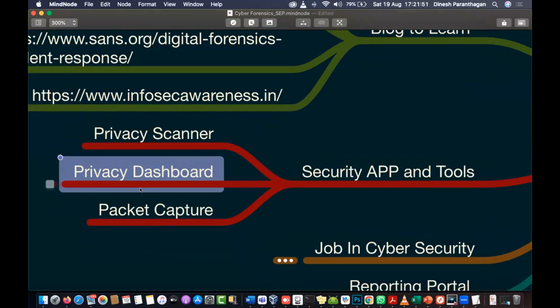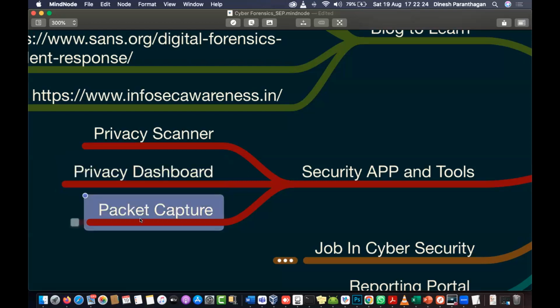One more is a privacy dashboard. That is an open source tool you can get for Android and iPhone. The code is available on Git, and they won't collect any data, so you don't need to worry. In this dashboard, you can find which application is using camera or mic permission. If any unauthorized permission is accessed by an application, you can view it and either freeze or uninstall it.